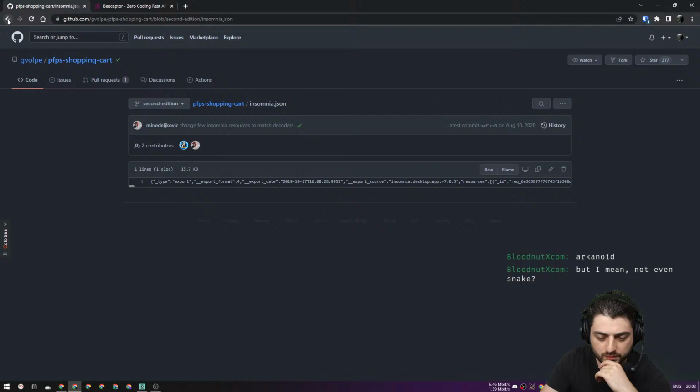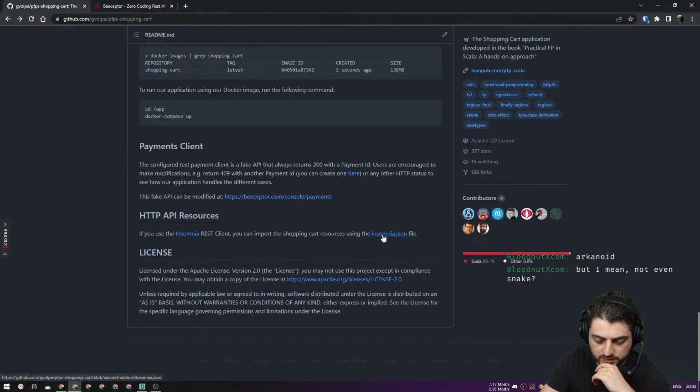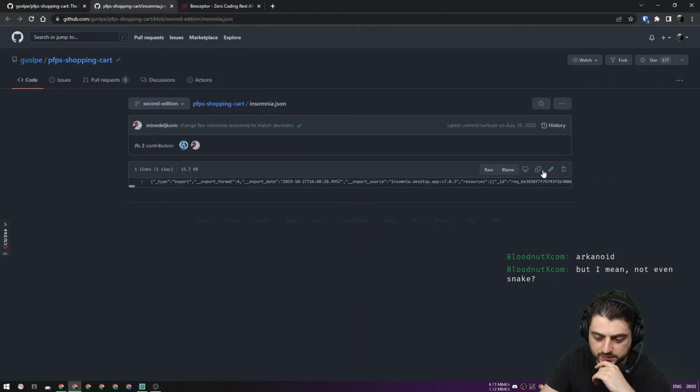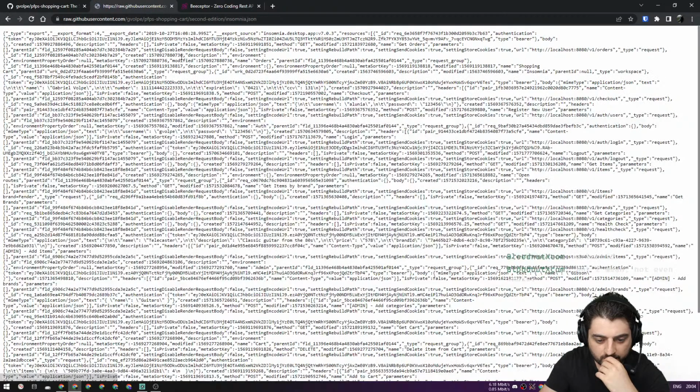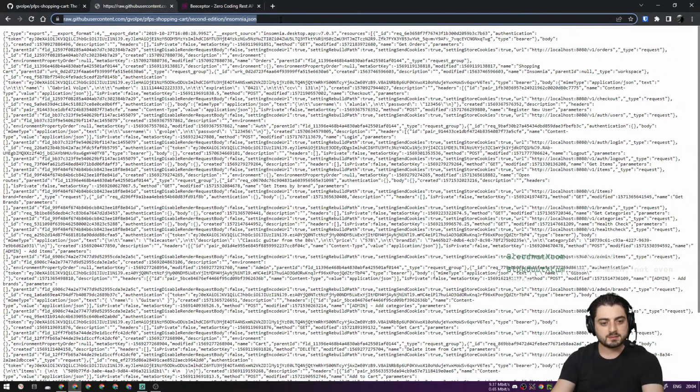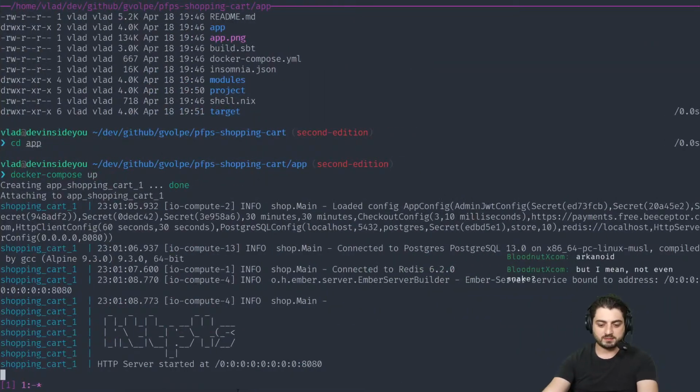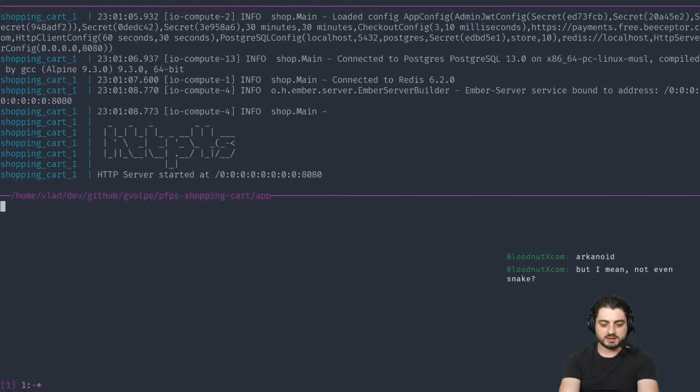Insomnia. No. Not like this. Insomnia. All right. So is there no download button? Come on. Raw, blame. What is this? No. Really? Wow. GitHub doesn't allow you to just do some wget. What is happening? Well,